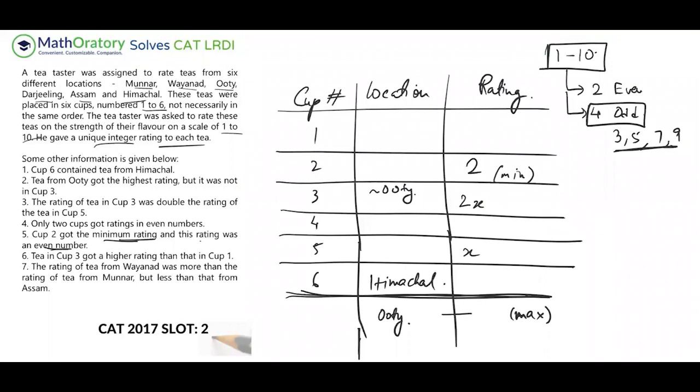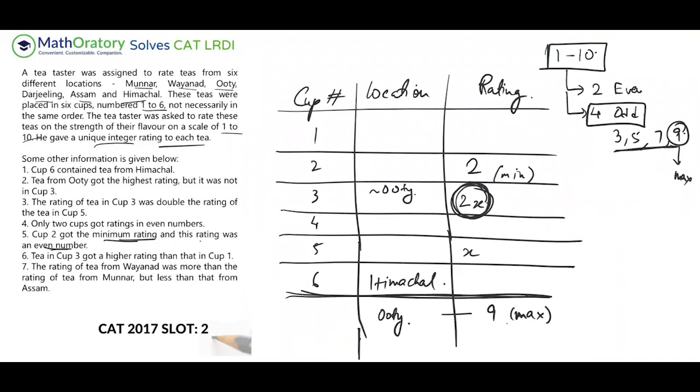One other thing, this is what I immediately noticed. So this is 2x, right? And all are integer ratings, so x is also an integer. So this is an even number, isn't it? Now this even number cannot be 10. Please understand that, because if that is 10, then the problem is that this is the max rating, because there's no rating more than 10, right? But 10 cannot come here. That is already mentioned. So what we know is 10 is not picked up, isn't it? So 10 not being picked up implies that 9 is the maximum rating. So this value is 9. So now we know this one also.